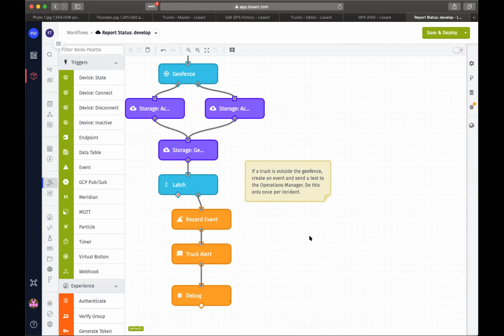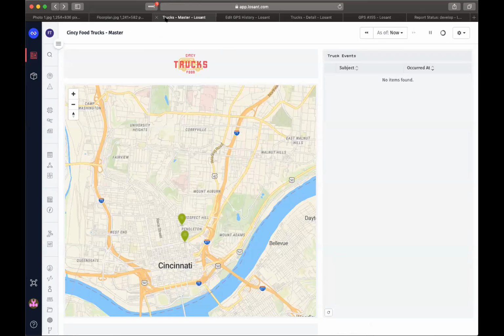So that is the application from my point of view as the operations manager for this fleet of trucks. I'm now going to turn things over to Brandon, who is going to show how we can use the same application and pull information for users from a different point of view. So, Brandon? Thanks, Scott. And just to reiterate, what Scott has shown was a great view from a high level,